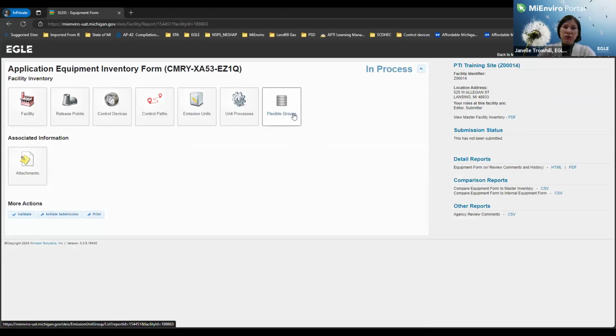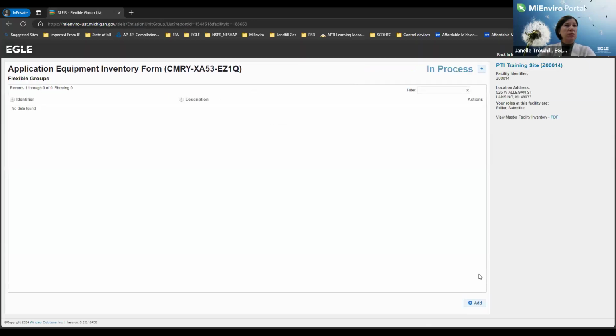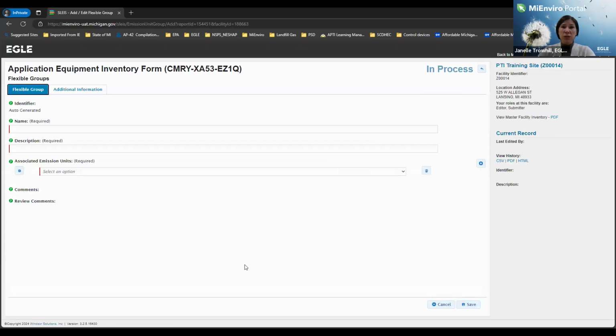Now, it was mentioned about flexible groups yesterday. There is a flexible groups tab, but I want to reiterate, this is not for reporting. The flexible groups tab, if you want to lump together and make a group of emission units that are all similar and have similar requirements, you would have it added in this tab. So we have 2 boilers. So we'll say it's FG boilers